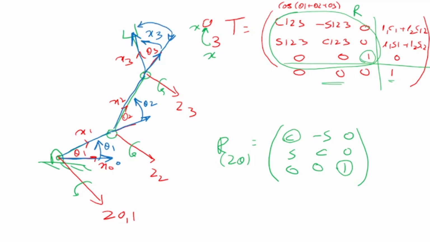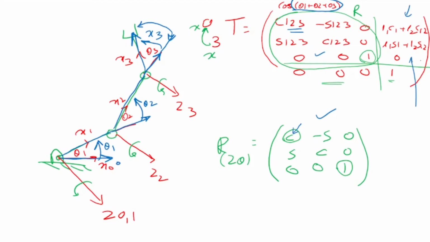I hope you understood that. So first there was the rotation of theta 1, then rotation of theta 2, then theta 3. That's how this term cos of theta 1 plus theta 2 plus theta 3 came. That means this is the total rotation that took place here, or the relation between the x3 and the x0. It is the sum of theta 1 plus theta 2 plus theta 3. So I could have just written it straight, because the total rotation is what is coming there. So that's the first part, and the rotation part is correct. Now, what about this part?